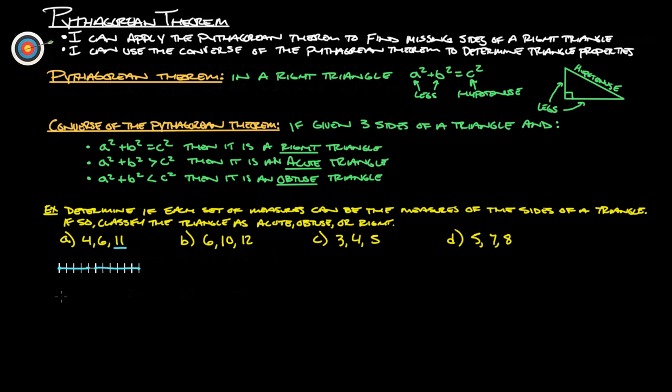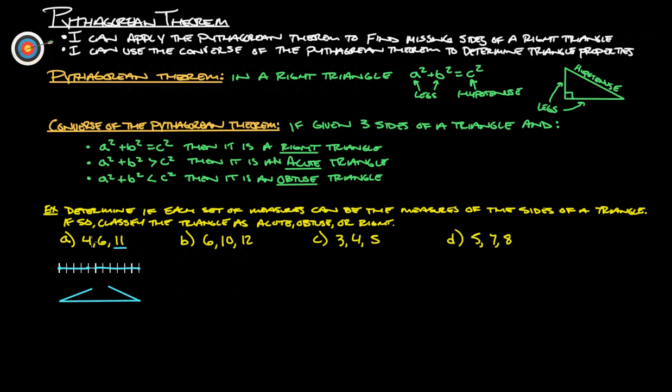So basically what this looks like is here's our side of 11, and then we've got our side of 4, and then we've got our side of 6 here. And these two, there's no way to make these things meet because they're too short. So we know that these two sides have to add up to be more than this side to even make